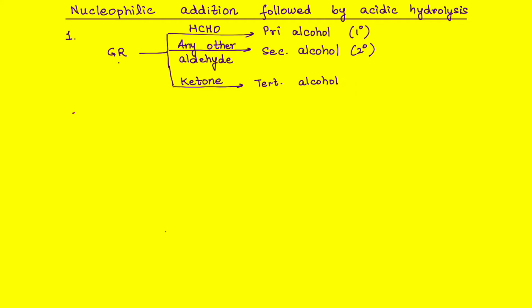So the steps of our reaction would simply be Grignard reagent plus the aldehyde or the ketone. They will form an addition product as I explained just now, and this addition product on hydrolysis will give you the final product. So what will be that final product? It is an alcohol. So let's get started by writing the reactions.